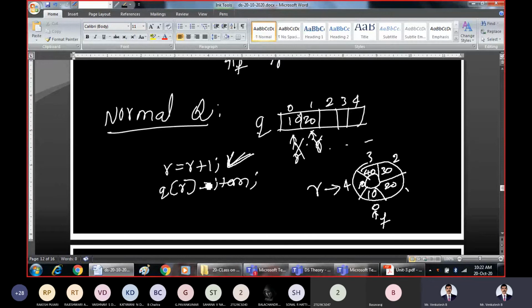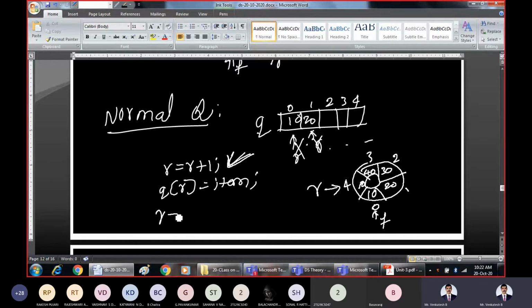Please try to understand, because if you perform r equal to r plus 1 for circular representation, 4 plus 1 becomes 5. 5 is not existing because immediately after the fourth index we have index 0. You have to play only among these index values for circular representation.